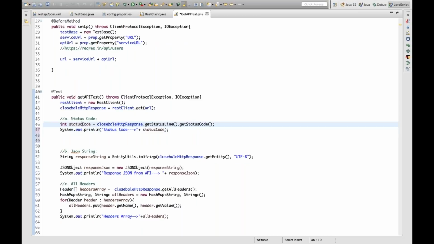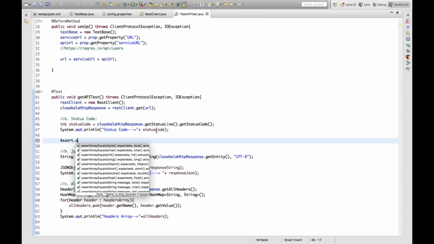Now after getting this particular status code, see, this is the status code, I'll put my assertion. Okay, inside my test case, I'll put my assertion. So what I'll write, simple, I'll write assert dot